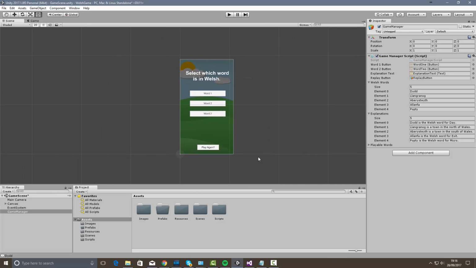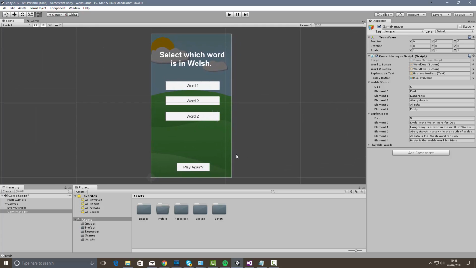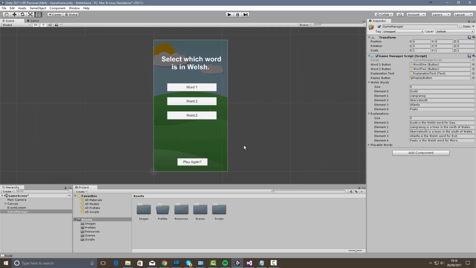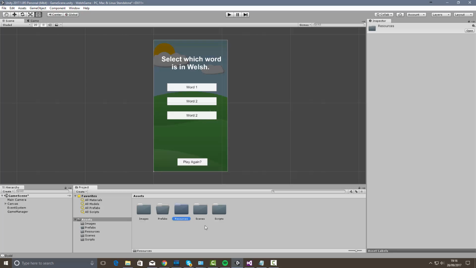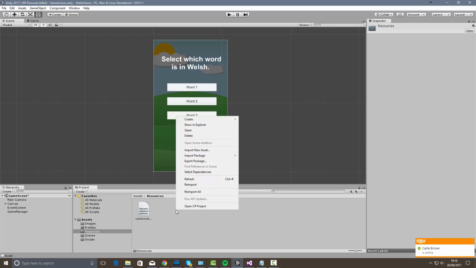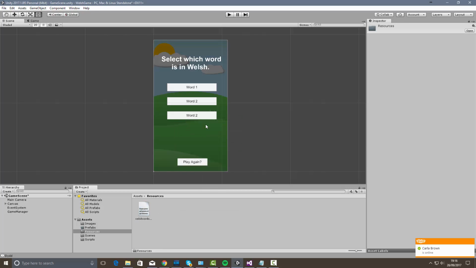So, if you haven't already opened up your project, then obviously it's time to do it. I think we discussed last time that we're going to see about getting rid of the Welsh words and putting it all into text files. So the first thing you should do is create a resources folder within your main assets folder, and inside that, if you right click and show in Explorer,